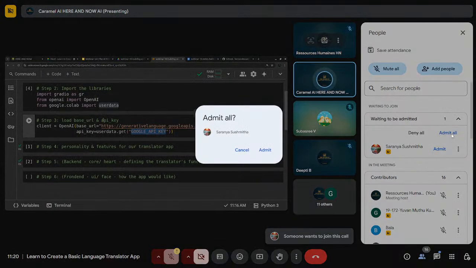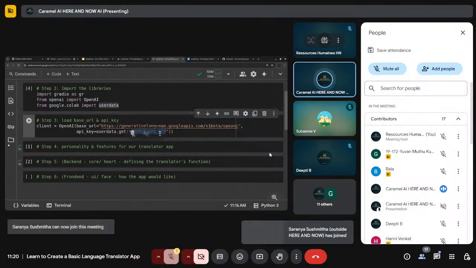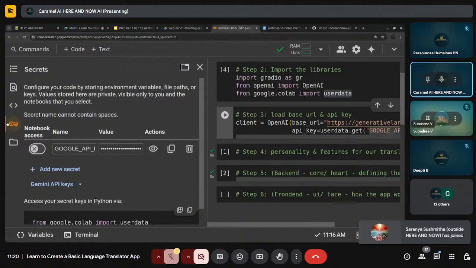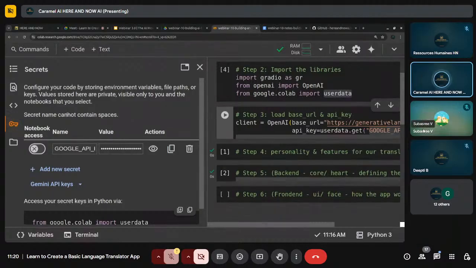How am I going to have this key here? I click on the left-hand panel of Google Colab. I have this key icon. I click on this, and I already have this Google API key. Assuming you don't have one, all you have to do is click on Add New Secret, or you can click on